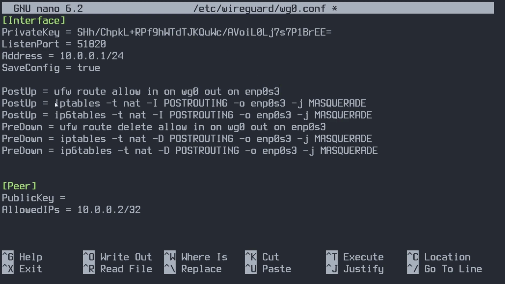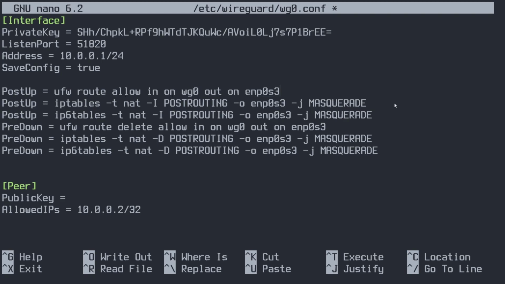Then the next thing we're going to do is use iptables. We're going to set a NAT rule, and it's going to say after it's post-routed, meaning that this gets sent to this interface, we're going to masquerade the IP. So WireGuard is using the subnet 10.0.0.1/24, but this enp0s3 interface is using 192.168.0.1/24. Specifically, the IP of the server is 192.168.0.74. So what this rule does is it changes the IP addresses leaving this interface coming from WireGuard to be